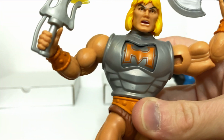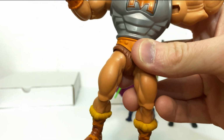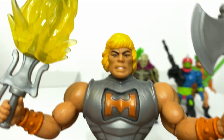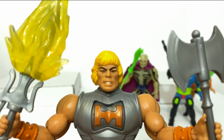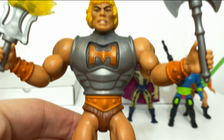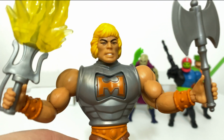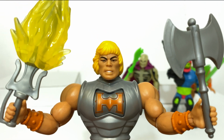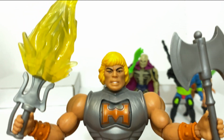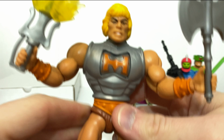However, here's the magic of this figure. If you don't like it, all you have to do is pop on the original head sculpt. The figure only gets better, and that's the great thing, this is a figure where Mattel finally took the initiative and offered you many multiple options about what to do with it. This figure was also very important to me as a kid because it's the only original He-Man that I owned in the early 90s. So I really do get a big kick out of this,